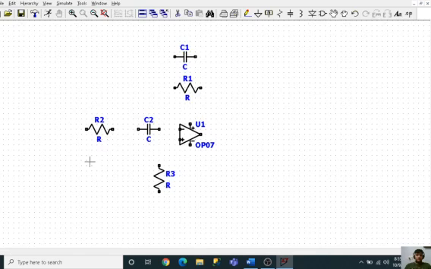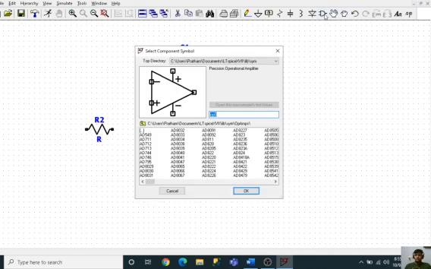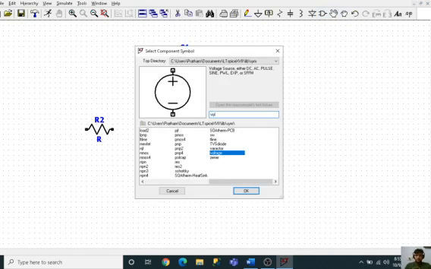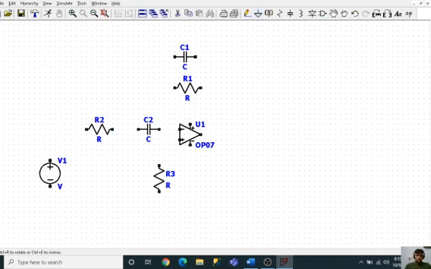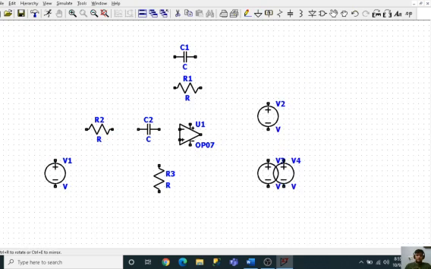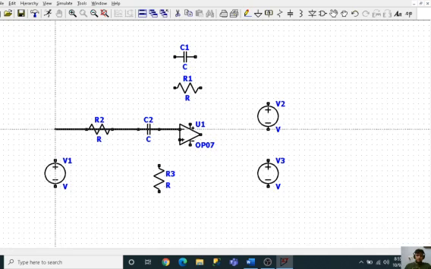Now we will need a voltage source to give input. So I will give a voltage source to the input, V1, and we will need voltages to power up our op-amp, so V2 and V3. So let me connect this. So this is my first connection. Then I will give this.